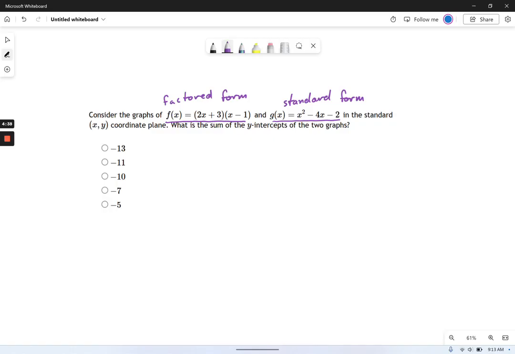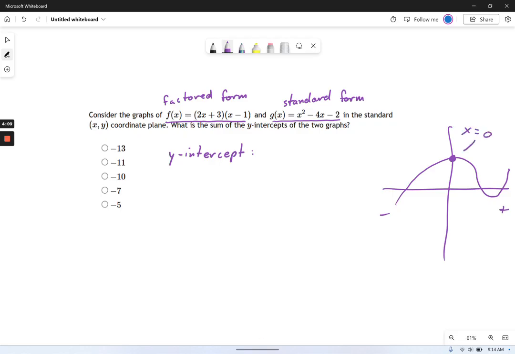So what I'm going to remind you is the y-intercept is always located at a certain place. And if you imagine a graph, an xy coordinate graph, let's just say we've got some wiggly thing like this. The y-intercept is where it hits the y-axis. It's right here. Now, if I ask you what's the x value at that location, you could say, okay, well, I've got positive x values to the right and negative x values to the left. So in the middle, that's x equals 0. So all we do to find the y-intercept is just say x equals 0. What's y? So I'm going to say set x equal to 0 and evaluate.